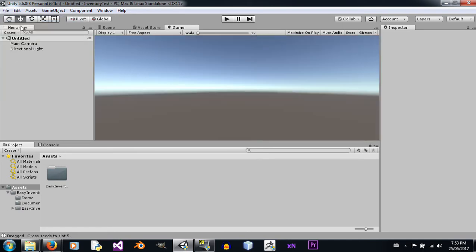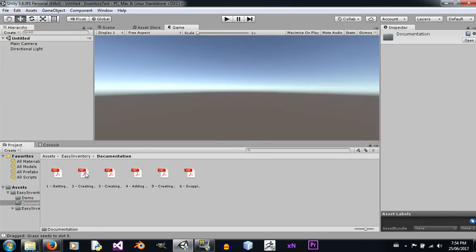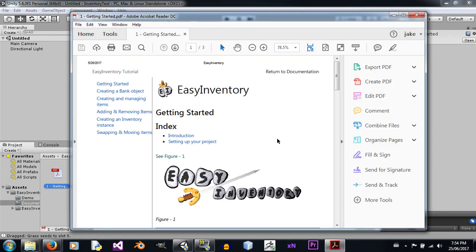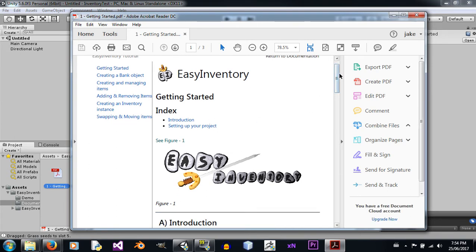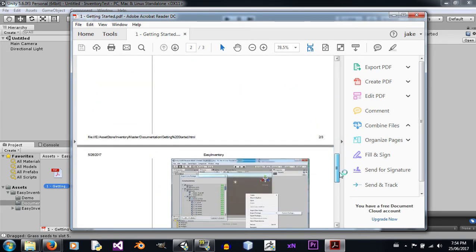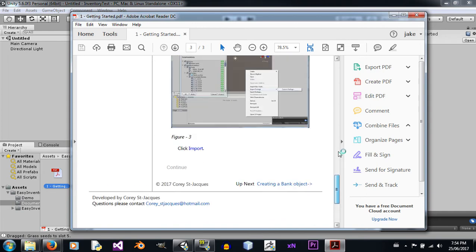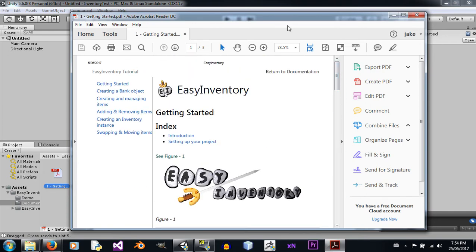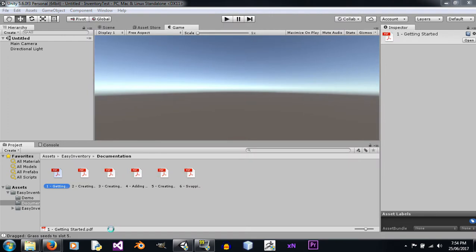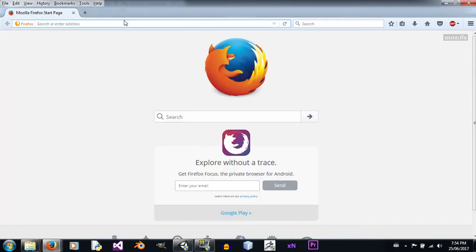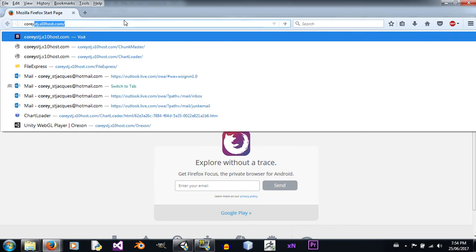Right, so let's go into a new scene. Inside the documentation, you'll have a getting started PDF, and if you click on that, you'll see everything that you need to know in order to get started. So here we have setting up your project, creating a bank object. Everything is also online, so if you would like to go onto my website here,